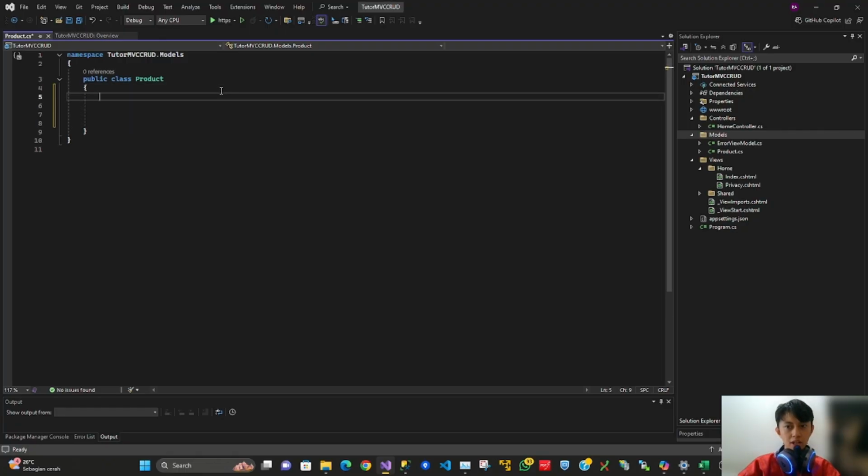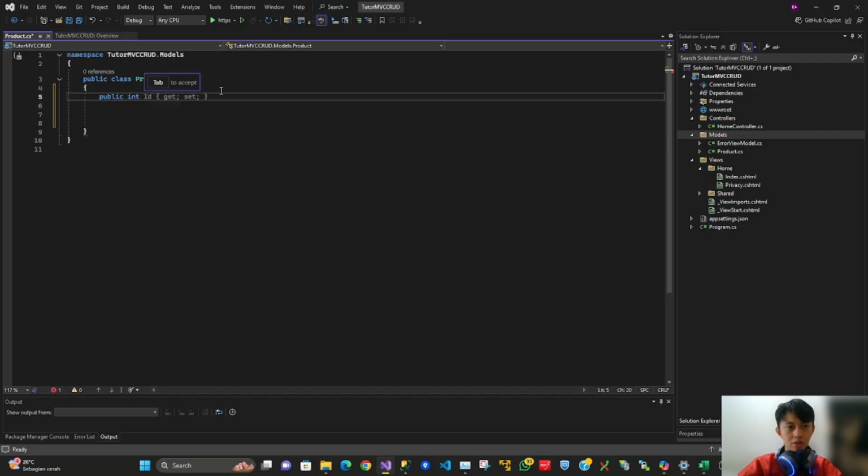These models or objects will be converted, or migrated, to our database, so they become the table and the columns, and we can determine them here. Usually we call it the code first methodology.